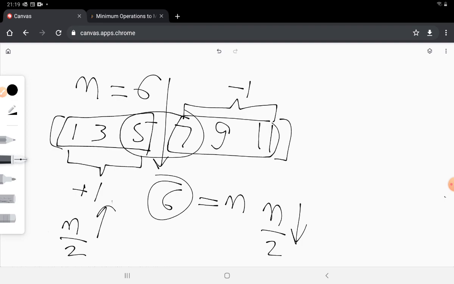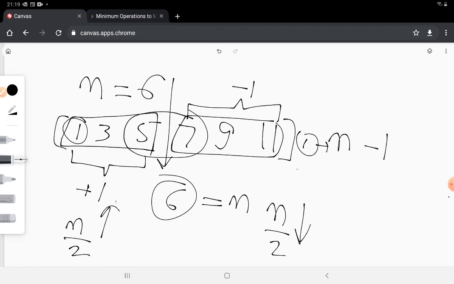And how much does each element move? So the first element, if you see this 1, it has to move up n minus 1 steps. This is how much the first element has to move. Why? Because n is its final destination and it is already equal to 1. So 1 step it will take and it would reach n in n minus 1 steps. Now my second element, which is 3, how many steps does that need? It needs n minus 3 steps because it has to reach n, which is the central value as we see over here, and it is already at 3. So it would take 1 step, and in n minus 3 steps it would be there.